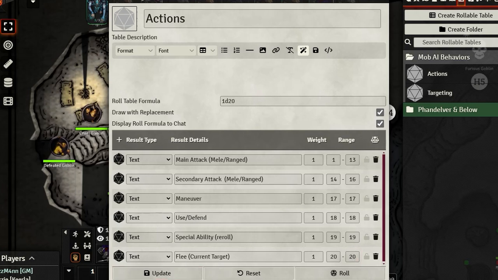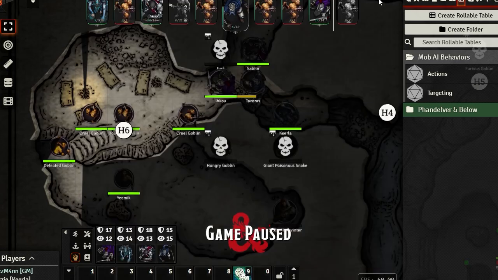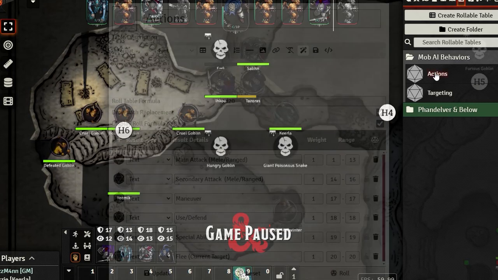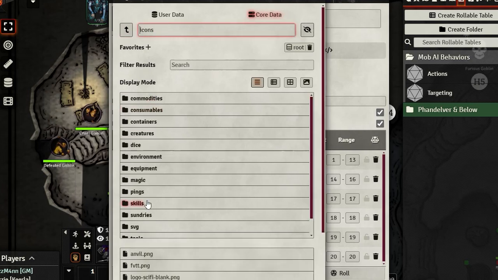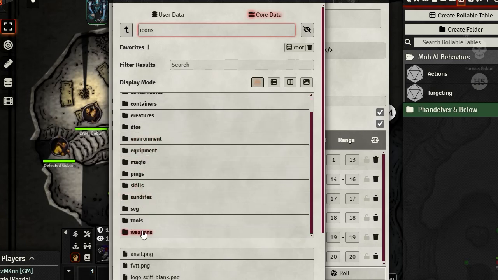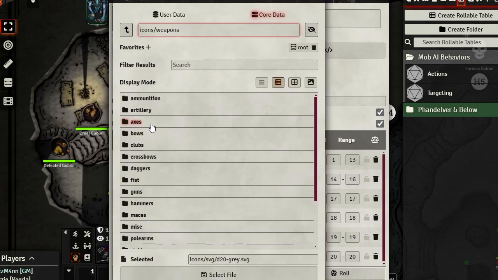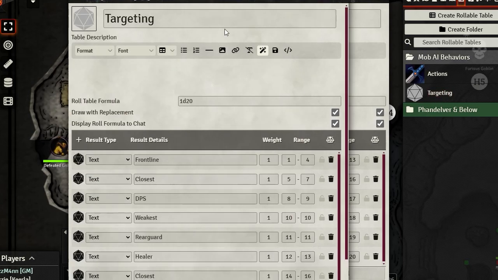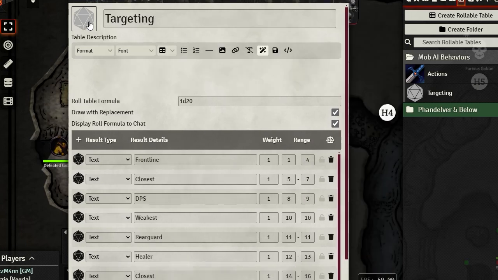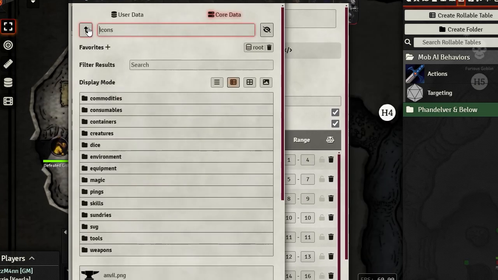I mean, that's pretty much just our quick AI. So let's do this real quick. Do we have anything that could be consumables? Maybe an action could look like it's a weapon or something, like a sword. So maybe a weapon. Let's go ahead and do that. Let's do a sword, maybe. I'm just going to choose one, doesn't matter. And our targeting, I'm going to close that. For targeting, let's do,